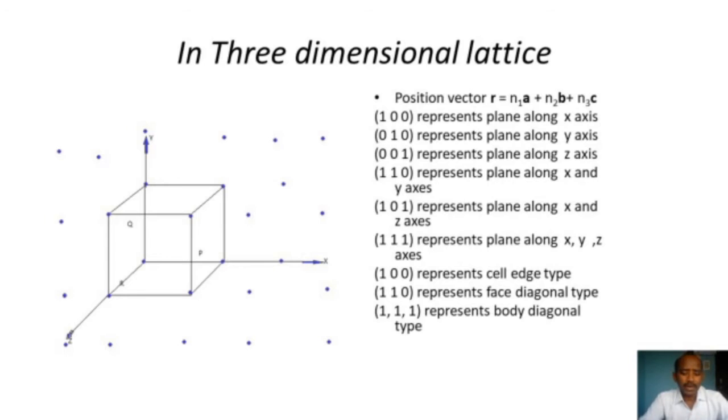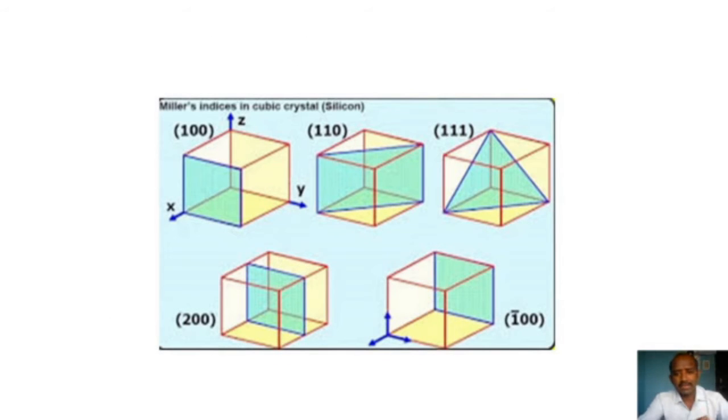Suppose we draw a plane like this, the blue shaded side, so that is a plane. We are considering that plane, which is along the x-axis, so we have to write this as 1 0 0. The 1 represents the number of that point, how much we have to intercept in any unit cell or in any crystal structure. For that intercept, how many points are available within that decides the number, that is 1 0 0. For simplicity we are taking 1 only.